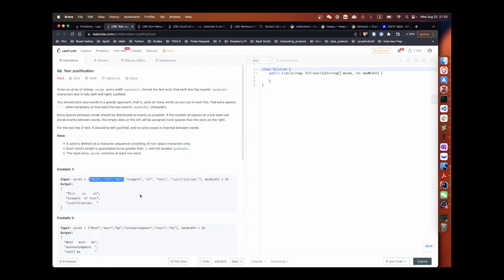We pack that, then we pack this, and pack this. I try to pack as many words as I can, and I count how many. Then the amount of white space cannot be evenly distributed. When it cannot be evenly distributed, the empty slots on the left will be assigned more spaces than the slots on the right.